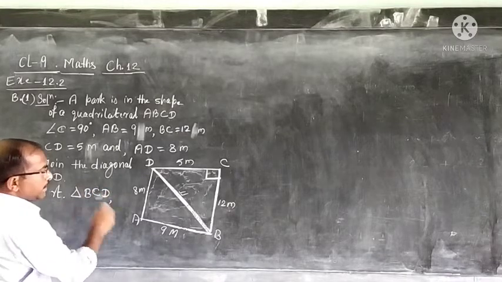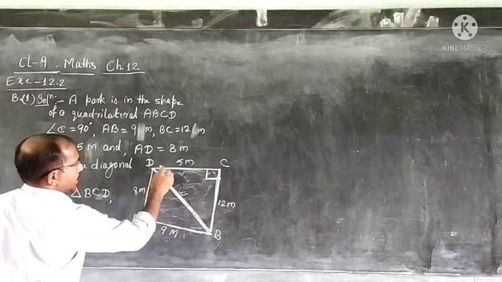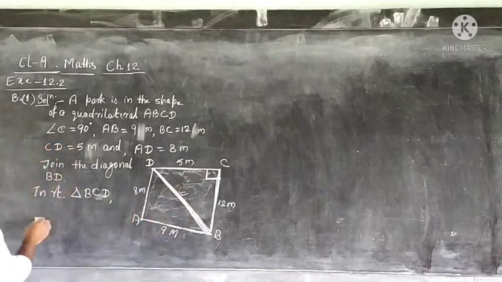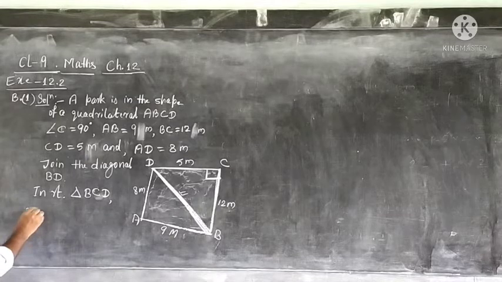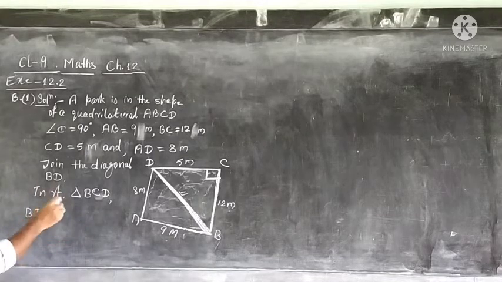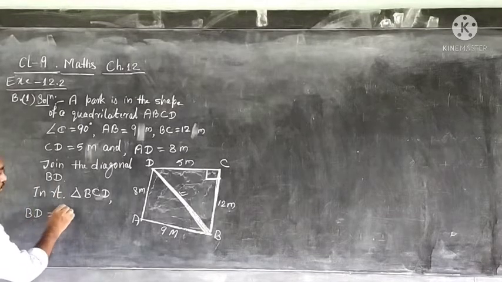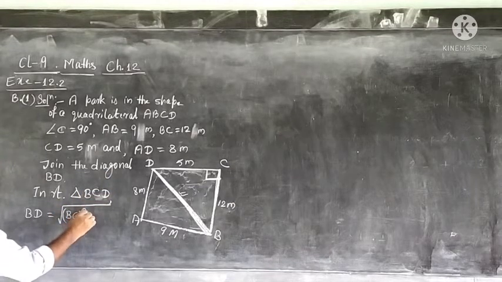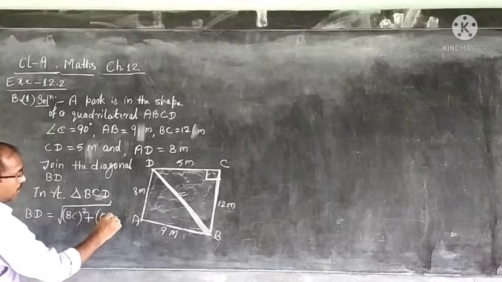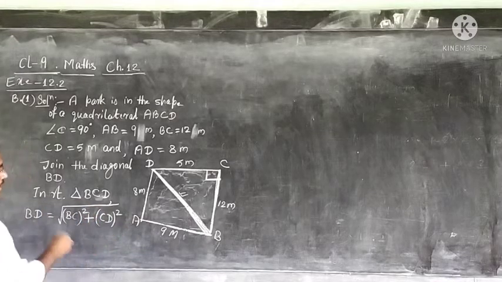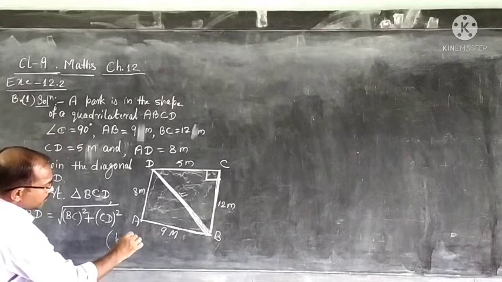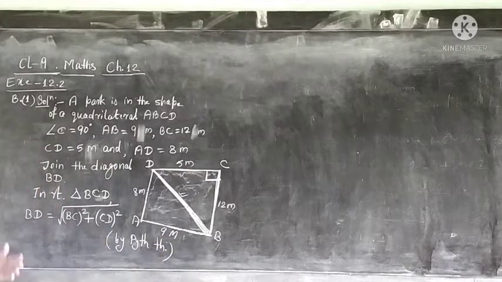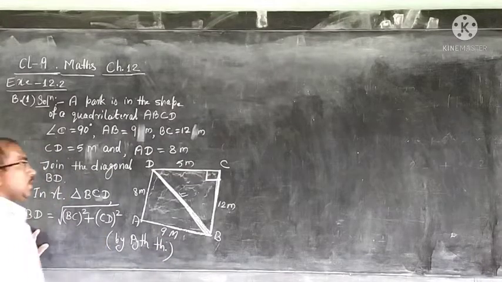What are we going to find in this? 2 sides are given, we will find this hypotenuse. The side opposite the 90 degree is called the hypotenuse. So, hypotenuse square will be equal to perpendicular square plus base square. So, hypotenuse is equal to root of perpendicular square plus base square. Any one side we can consider as perpendicular and another side as base, by Pythagoras theorem. We need to mention here why we are using this property. Now, BD will be equal to